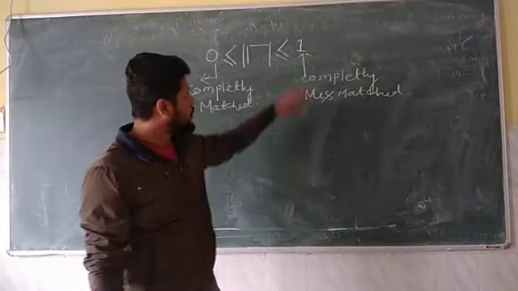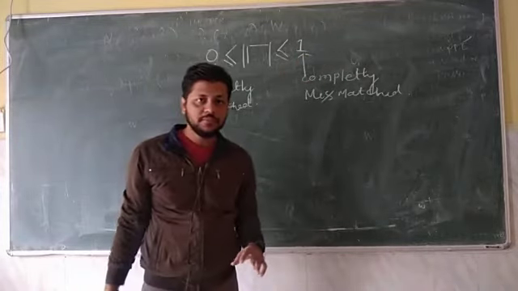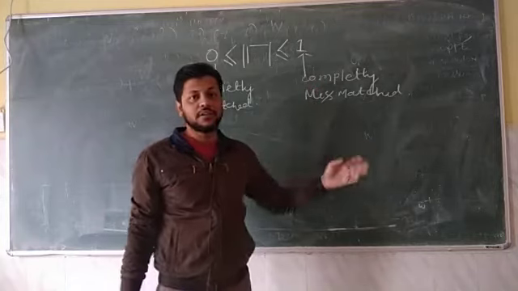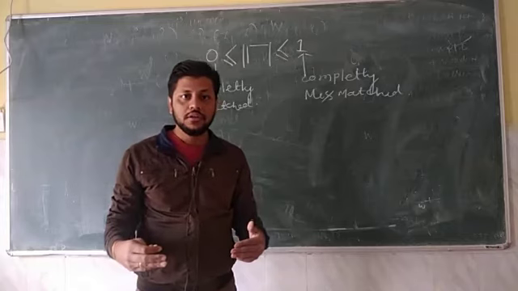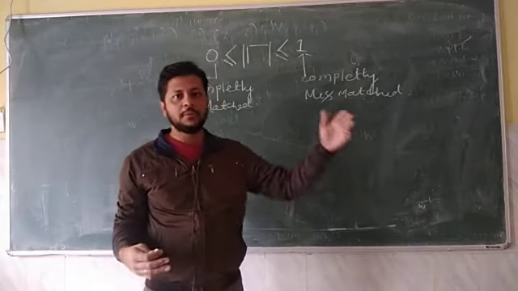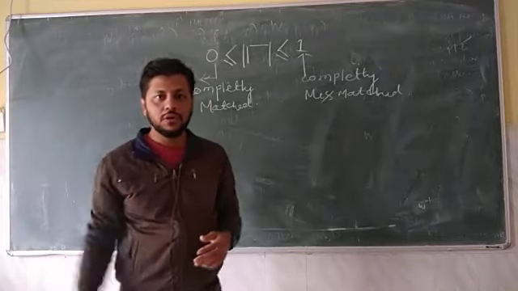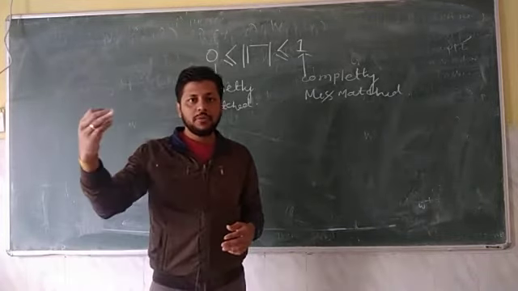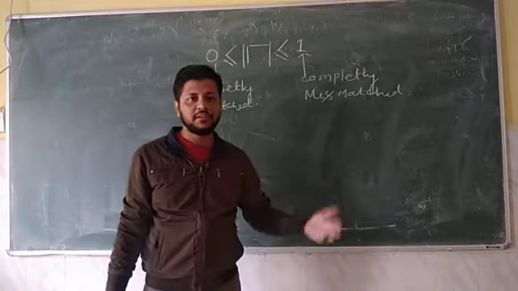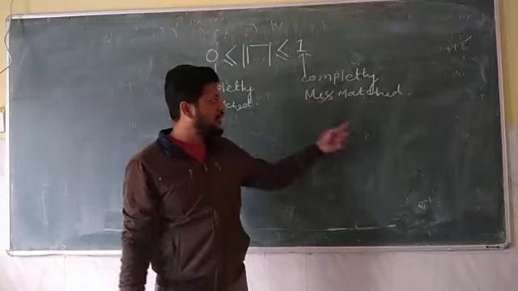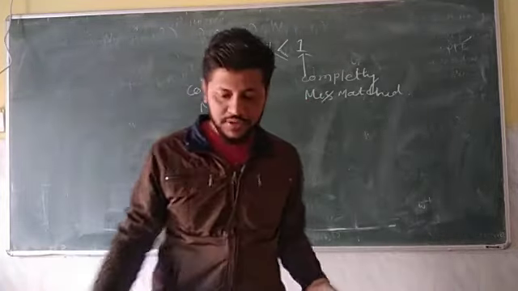Now I am going to discuss an important phenomenon, which is very important with respect to your exam. That is, what are the cases when complete mismatch or complete reflection will occur. Whatever power we transmit from the source to the load is not delivered to the load, but instead it is reflected back towards the source. That condition is known as completely mismatched or complete reflection, and in the complete reflection case, gamma must be equal to 1. That we will see here.